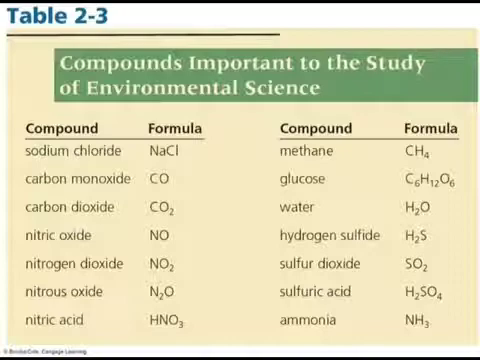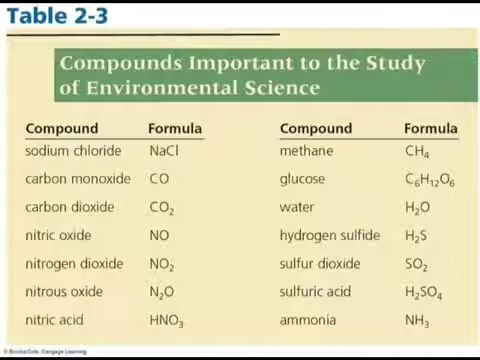Carbon monoxide is a poisonous gas that is produced when things are burned, such as fossil fuel and biomass. Carbon dioxide and methane are major greenhouse gases. As we'll study climate change, those two will come up over and over again. Glucose, of course, is a source of energy for all living things, and water makes up most of the surface